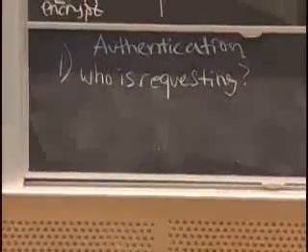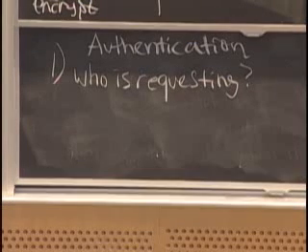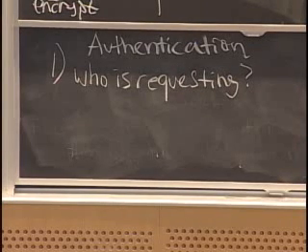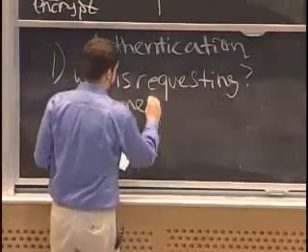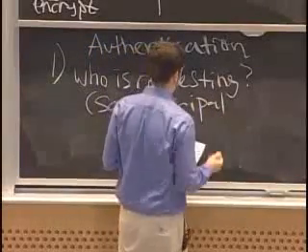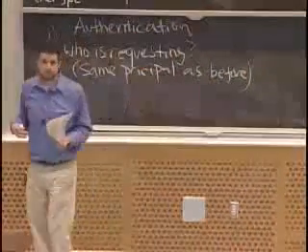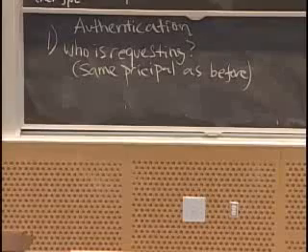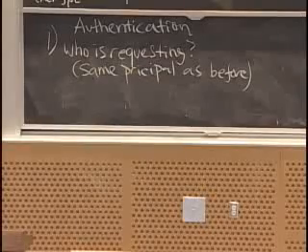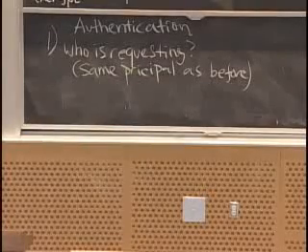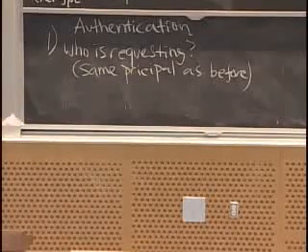Okay? So in practice, it's going to turn out, in fact, that we may not officially be able to say exactly who it is, the specific person who's making the request. We may only be able to say that the same principal or person or computer as before is making a request, or the same principal who had some special privileged piece of information is making this request. Okay, so we may not be able to actually associate this with a physical person, but at least we're going to be able to know that we've seen somebody who had the same information before. So we're trying to make sure that this is consistent with a series of requests that we've seen